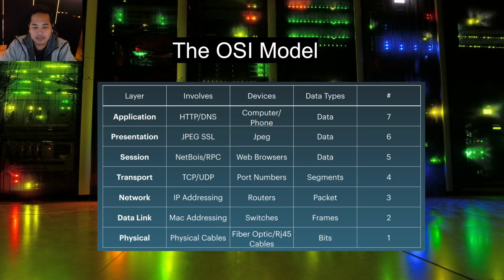This is the reliability layer. TCP guarantees delivery with acknowledgements and puts every packet in order. UDP is faster but doesn't guarantee anything. It's used for live streaming and gaming. This layer adds port numbers so the receiving computer knows which application gets the data, and at this layer the data is called a segment.